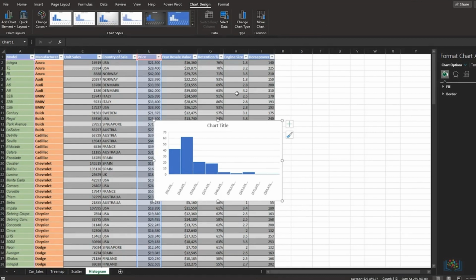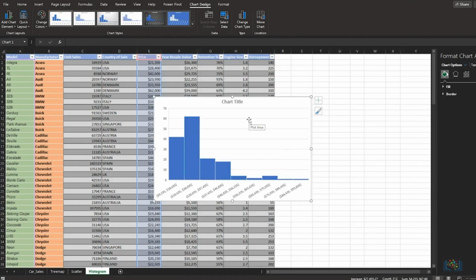Note how Excel automatically puts the different price ranges into 9 equally sized separate bins for you. The first bin contains cars priced between $9,235 and $18,635. The second bin contains cars priced between $18,635 and $28,035, and so on, up to a maximum price range of $84,435 to